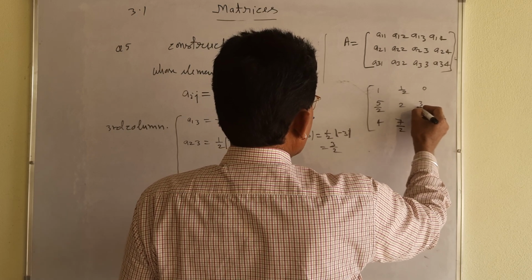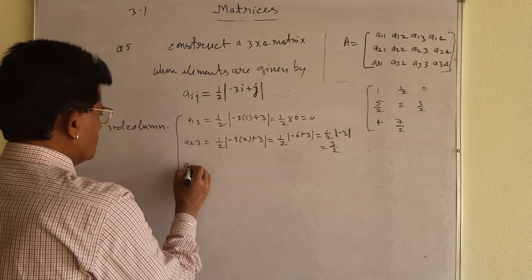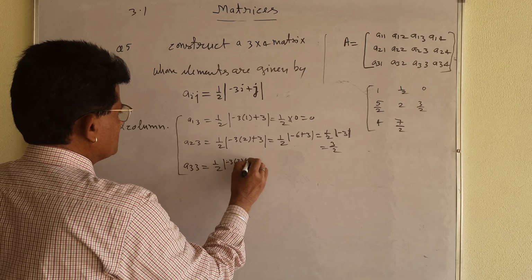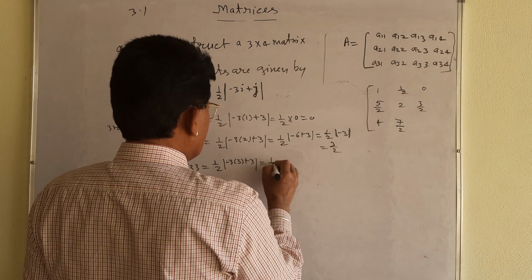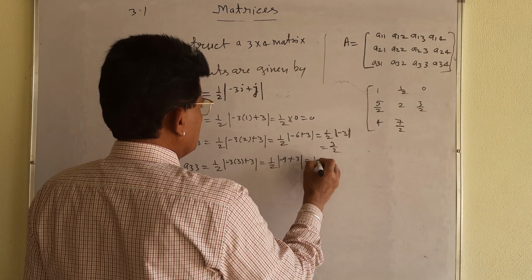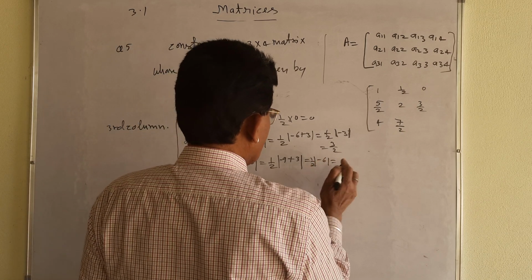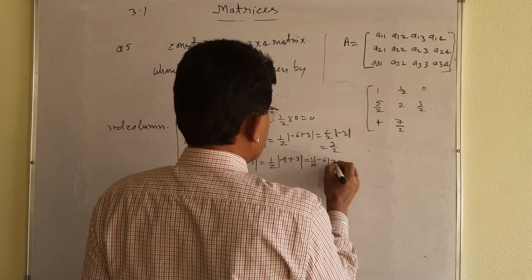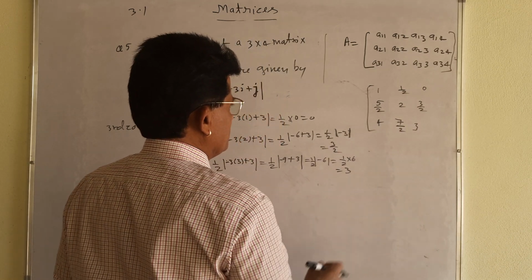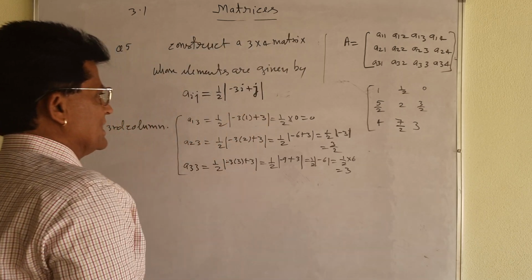ओके, साथ के साथ लिखते जाइए. ये 0 आ गया हमारा एलिमेंट और ये आ गया 3/2. इसका नेक्स्ट एलिमेंट A33, थर्ड रो थर्ड कॉलम का एलिमेंट. दोनों 3 है, 1/2 |-9 + 3|, and it will be 1/2 minus 6 and absolute value of -6 that will be how much? 1/2 into 6 that is 3. ये एलिमेंट 3 आ गया हमारे पास.